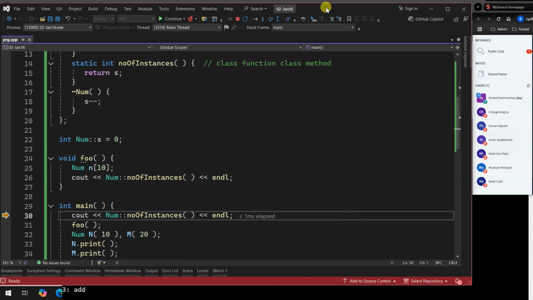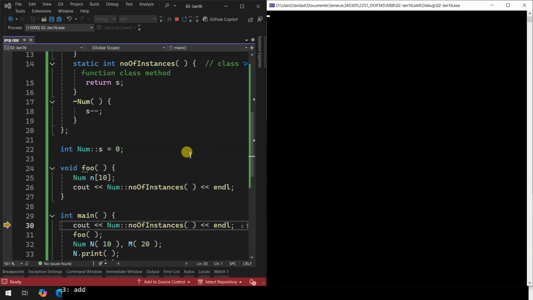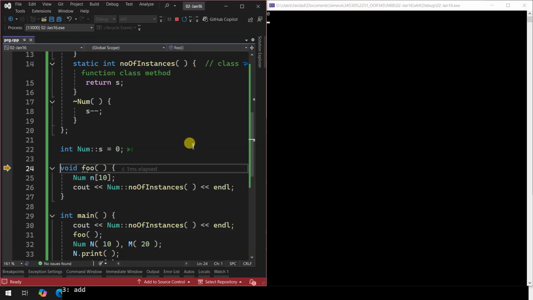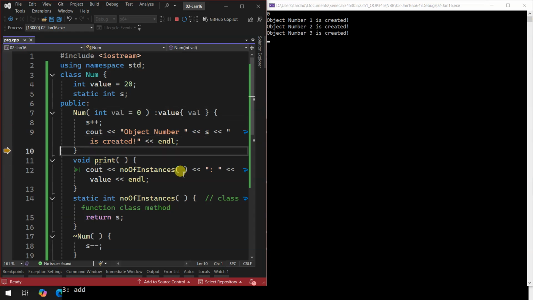Let me just bring this to left and this one to right. So now let's go. So I'll go to foo. As you see, n is getting created 10 times. Each time the constructor is called, it's going to add 1 to the value of s, and it's going to print it. And because I have 10 values created over there, this is going to get executed 10 times.